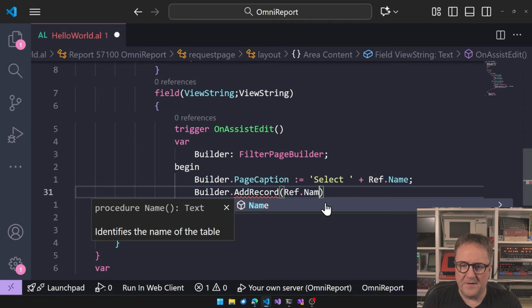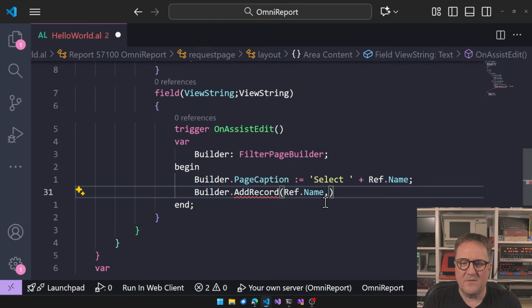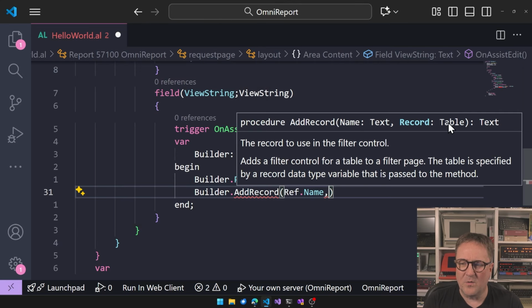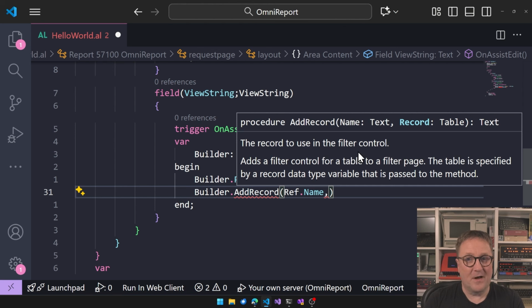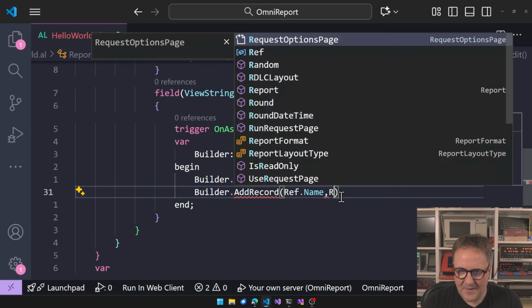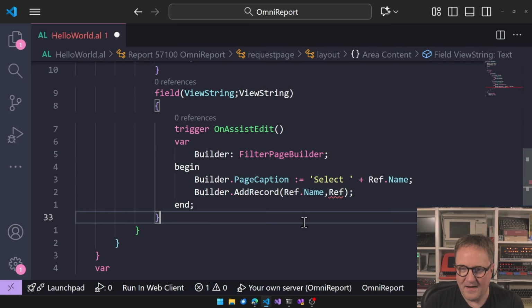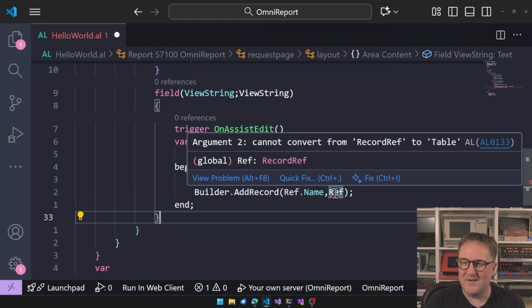We'll do ref.name, comma, and then we need to add a record :table. And this is where there's the record to use in the filter control, not record ref, adds a filter control for a table to a filter page. So if we pass ref here,